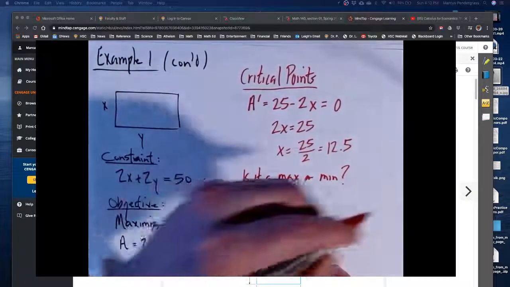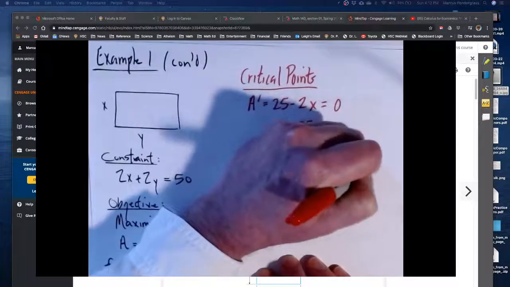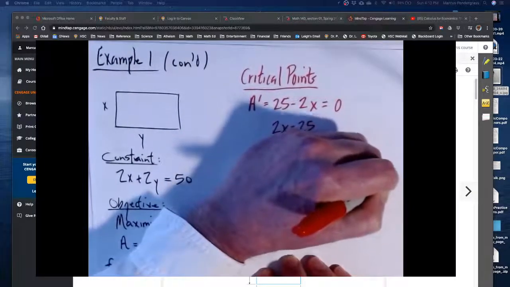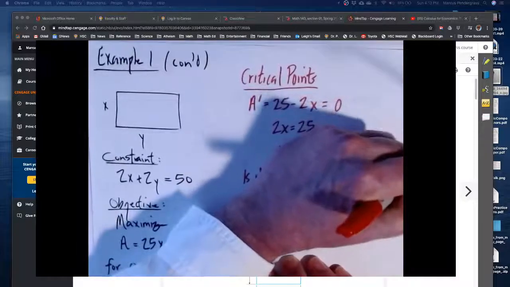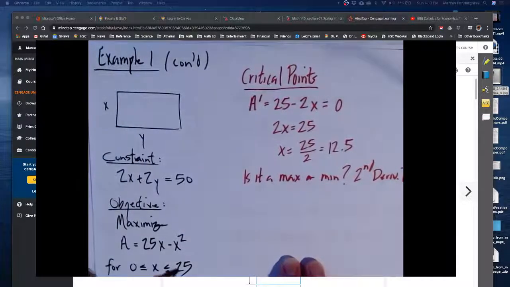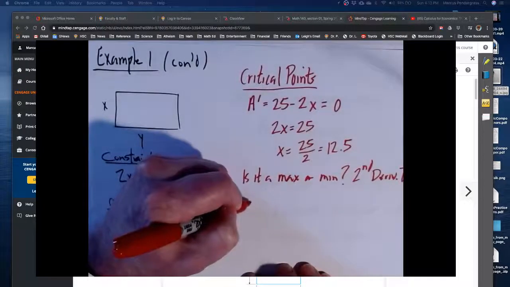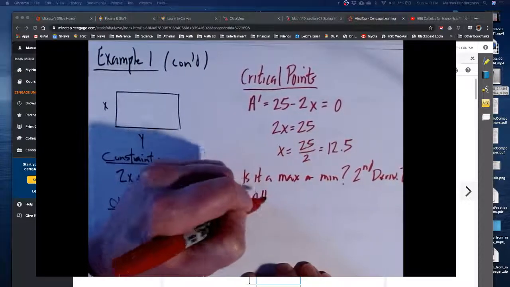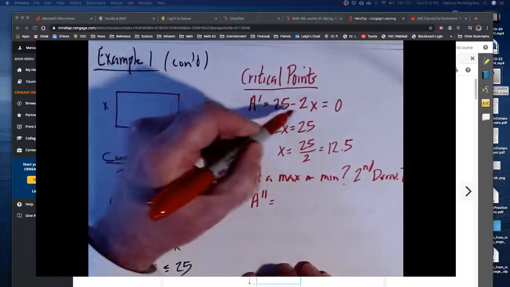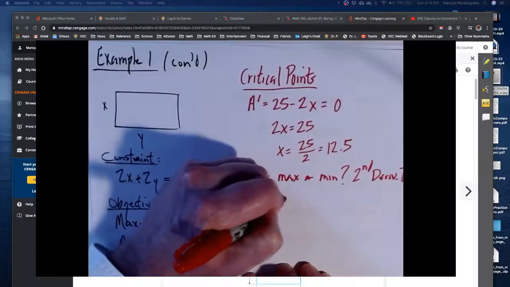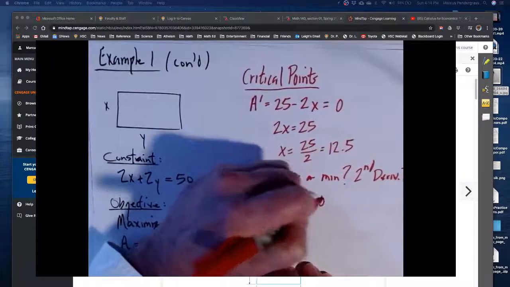Let's try the second derivative test. The basic idea of the second derivative test is to look at the concavity at the critical point and then draw a conclusion. So we need the second derivative, A double prime here. Well, that's just the derivative of A prime, which is negative 2,